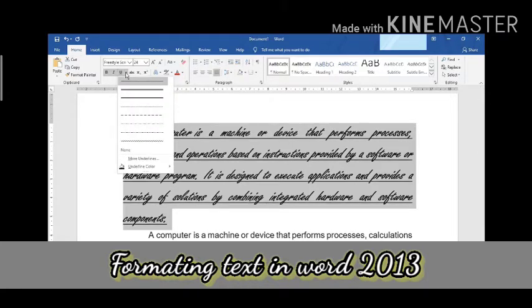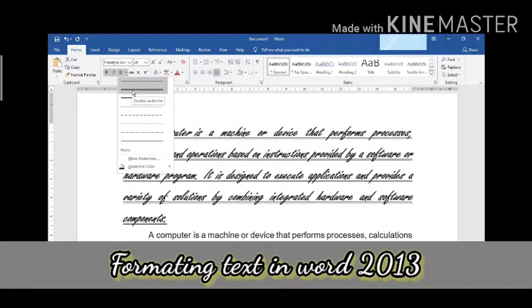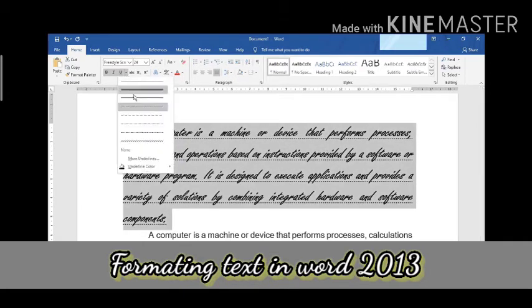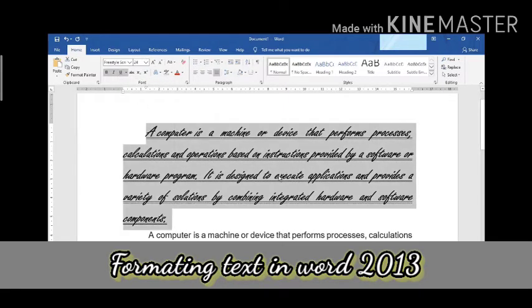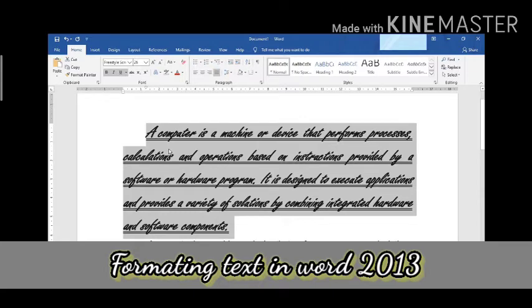Then there is one more option for what kind of underline you want: double underline, the broken line, the solid line, or dotted line, whichever you want, you can select it. There are more underlines below that we'll see later. Then let's use the strikethrough option.